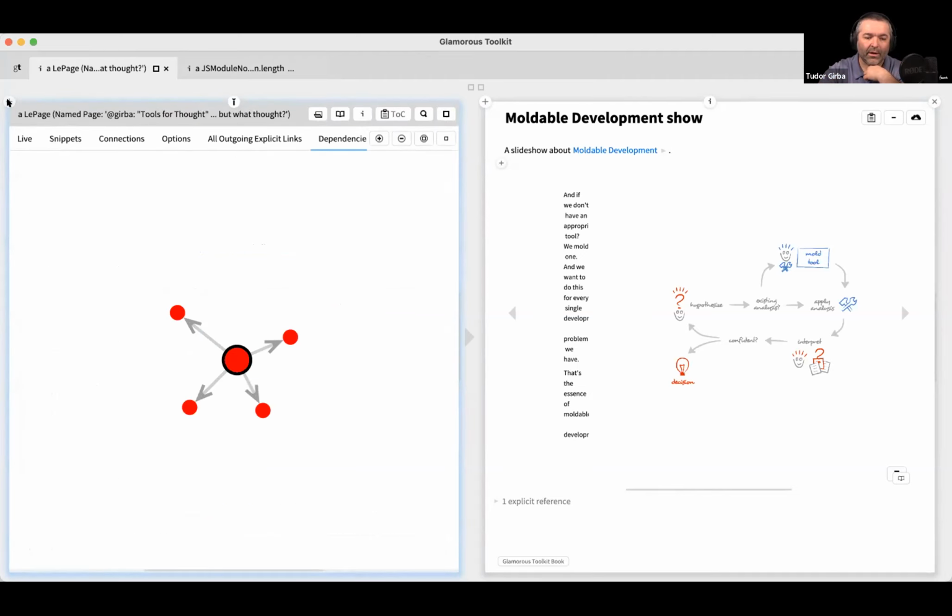I'm now looking inside this page. So I'm looking at the object inside the page. And this object has different views because we think that every single object is a representation of some thought. It's the result of some execution, and hence it can be viewed in many different ways.